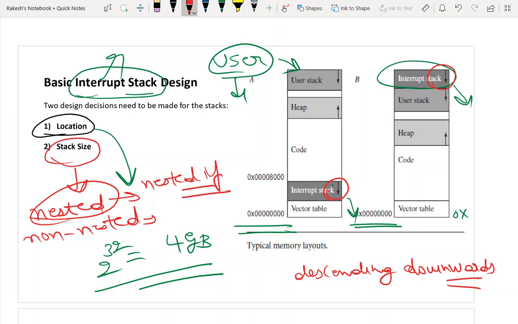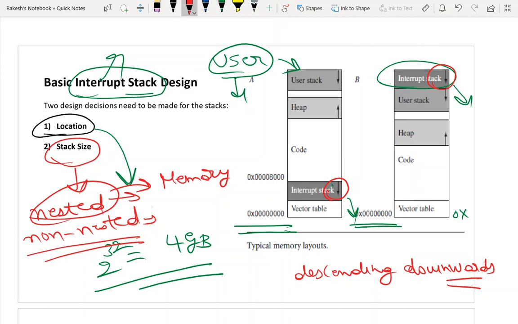Before one, if you close that one, you have another if statement within the first if. So that is what you have: a nested handler, and the other is a non-nested handler. So why does the stack size depend on the type of handler? See, the nested interrupt handler obviously takes more memory space, meaning you need to allocate more memory space for this stack. So the nested interrupt handler requires more memory space.